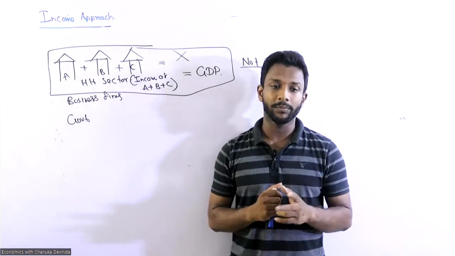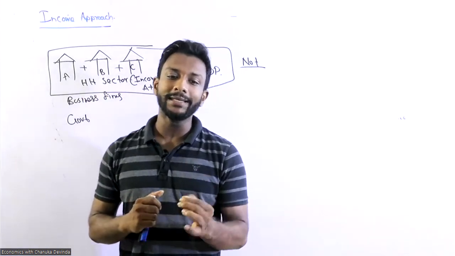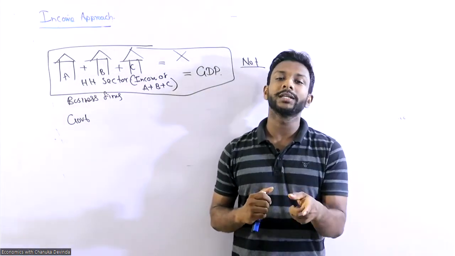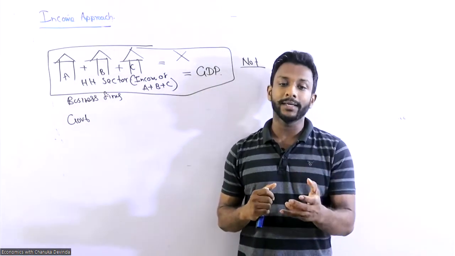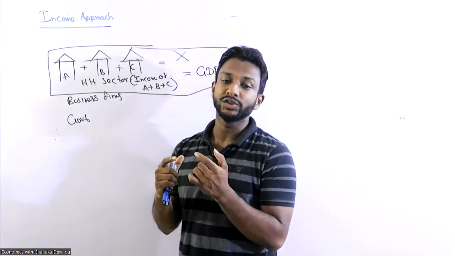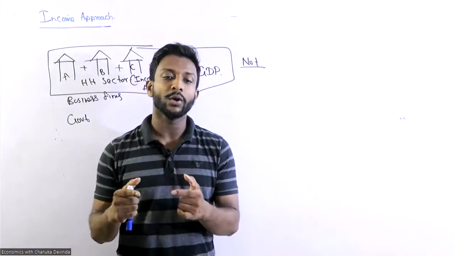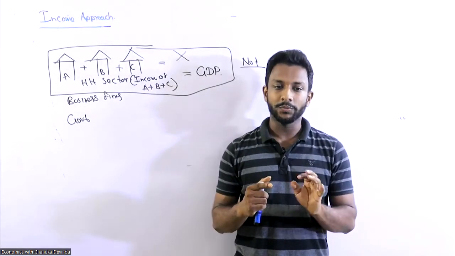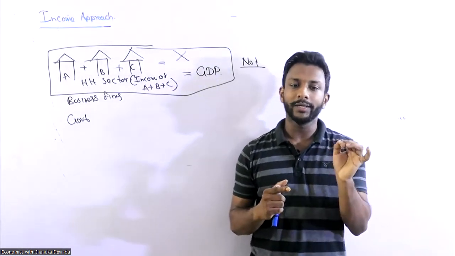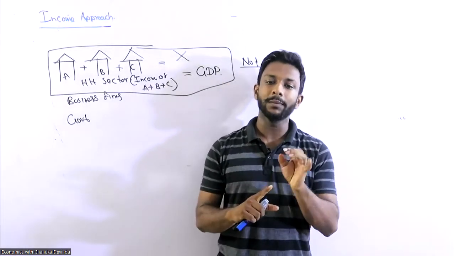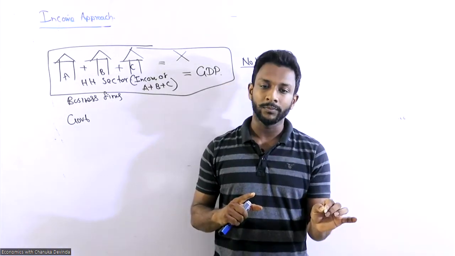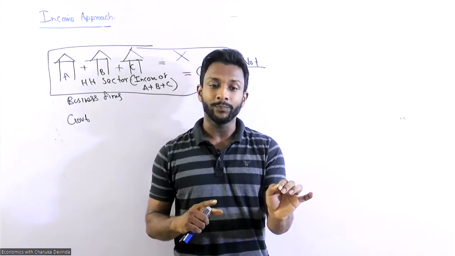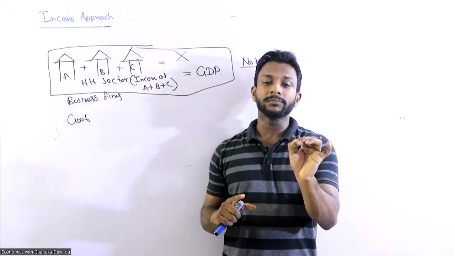Third point, household income is the value after adding private secondary income to the national income and subtracting secondary income that does not flow into the households from the factor income. It should be corrected. Household income is the value after adding private secondary income to national income and subtracting the income which